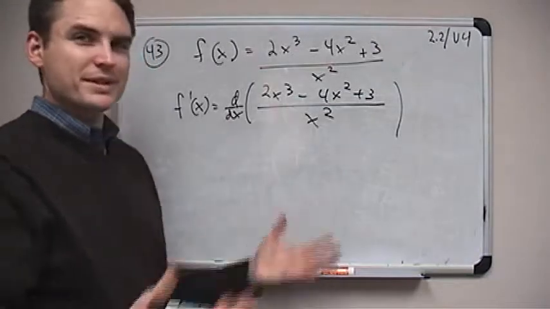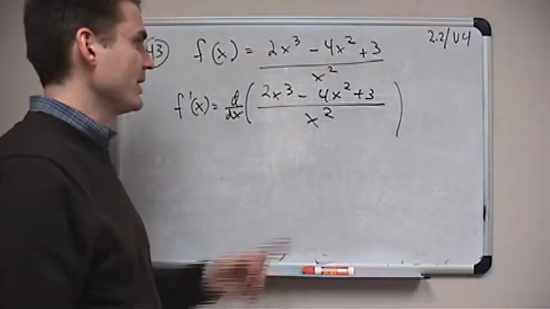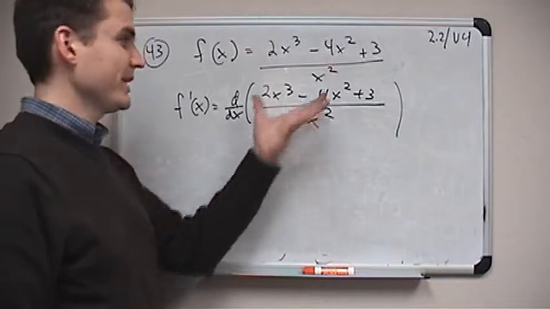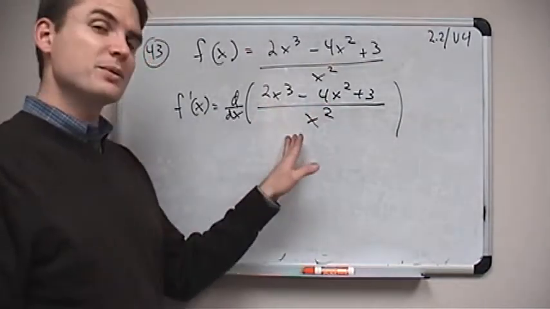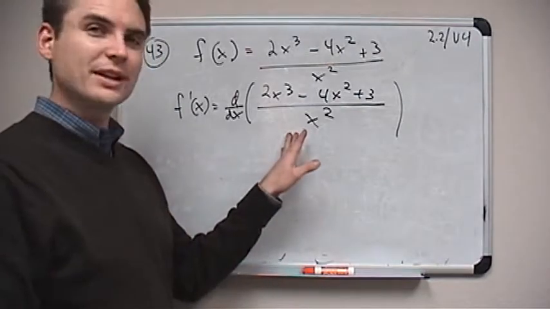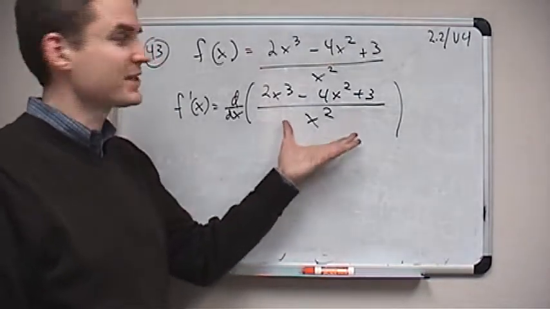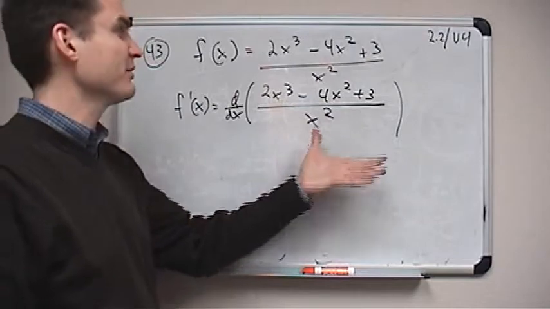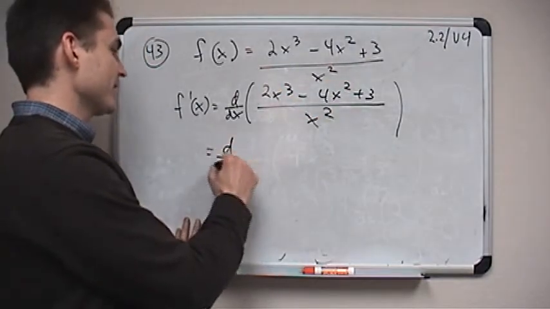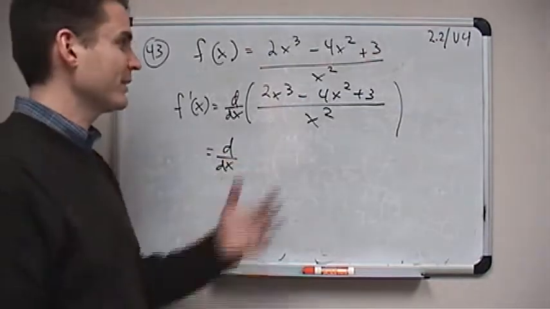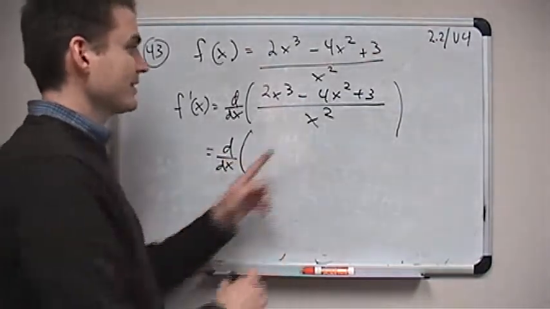You know, the rules don't give us permission to do everything we'd like to do. What we have here is a quotient, meaning a fraction of two big, complicated functions. And there is a rule coming up in the future that we have for dealing with that, but generally, in this section at least, we're not prepared to find the derivative of a function divided by a function. However, in this particular problem, we can kind of get around the fact that we're dividing because the denominator is